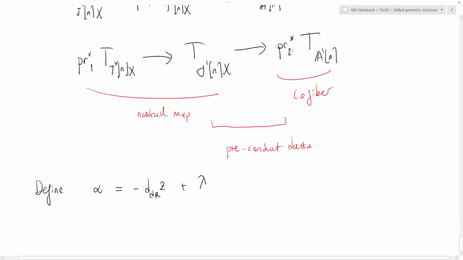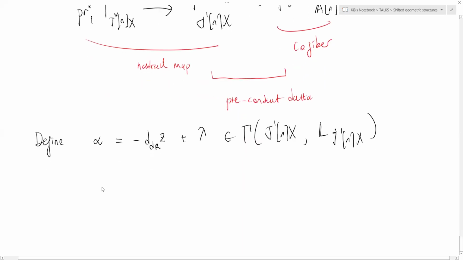Maybe we need to use some pullbacks under the projection map, but I'm going to skip that part. So therefore, this is just a section of this one jet stack. And sorry, a section of this cotangent complex. And then you have a nice lemma you can prove. So the lemma